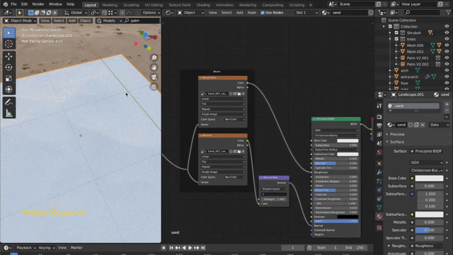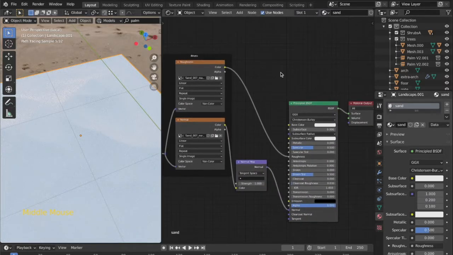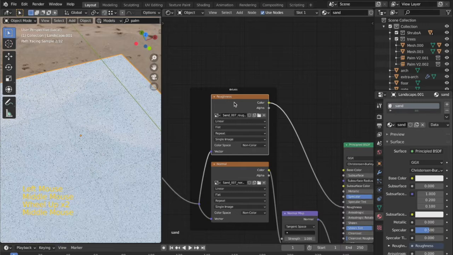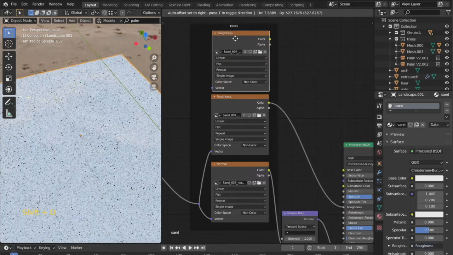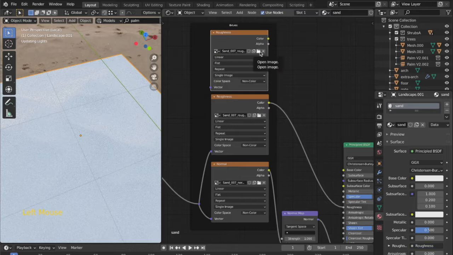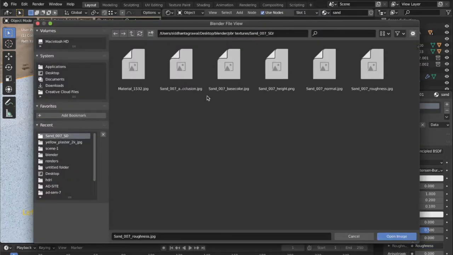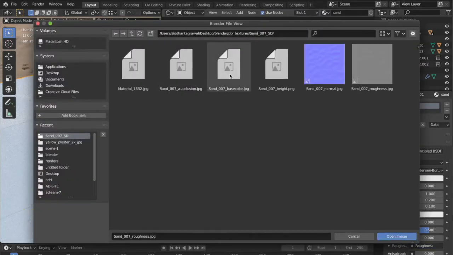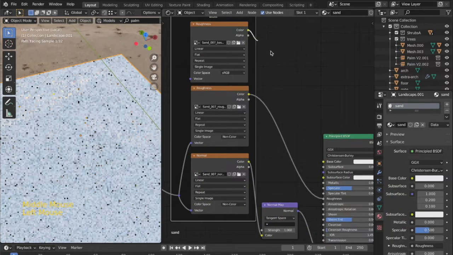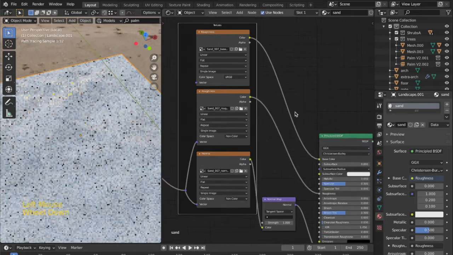You aren't seeing any color over here right now because when we use the Control plus Shift plus D shortcut, the color node didn't come over here. So what I can do is press the roughness node, press Shift D to replicate it, then press this number to make it unique, then go into this to open the image that we want. Now from here we can select the base color.jpg, and now I can connect it to this base color.